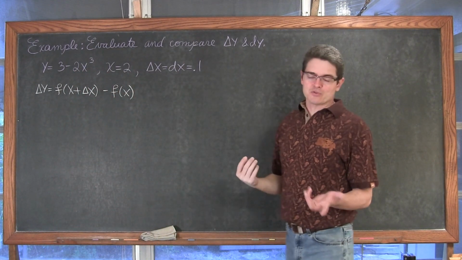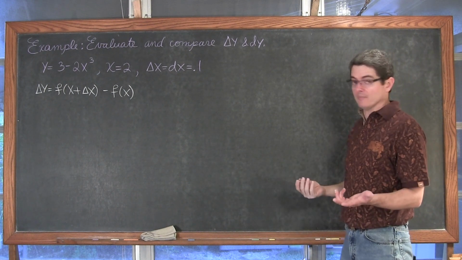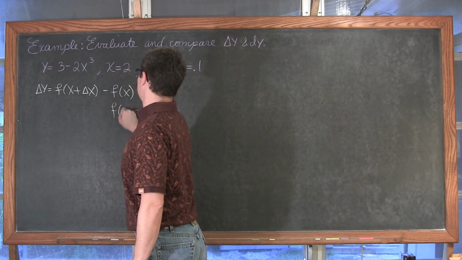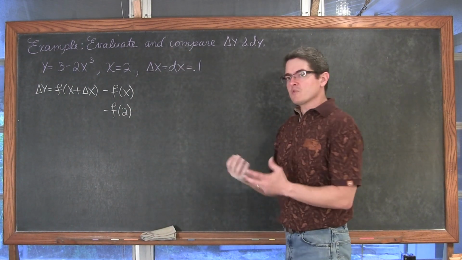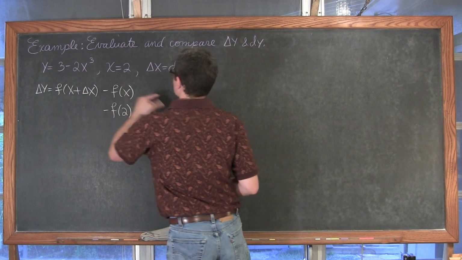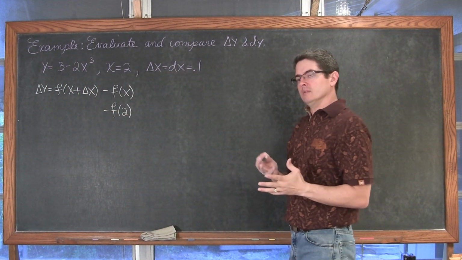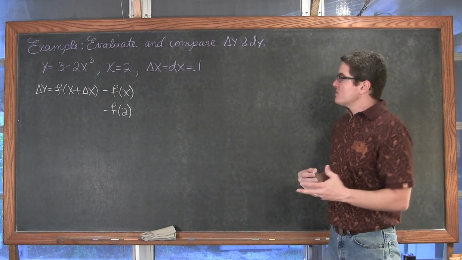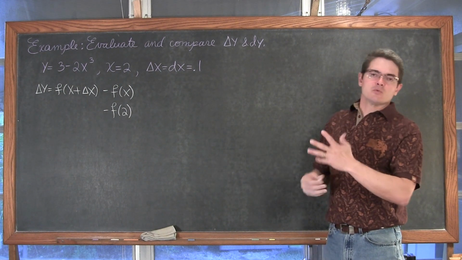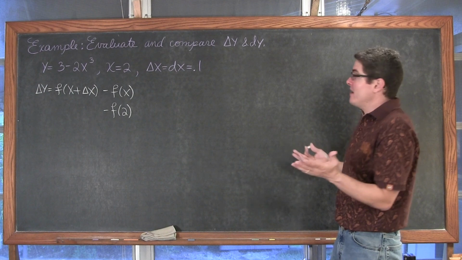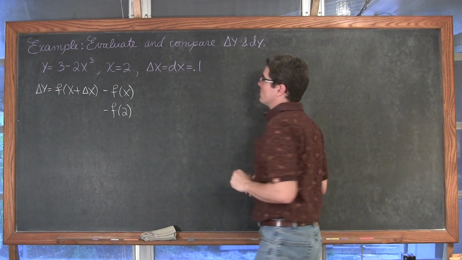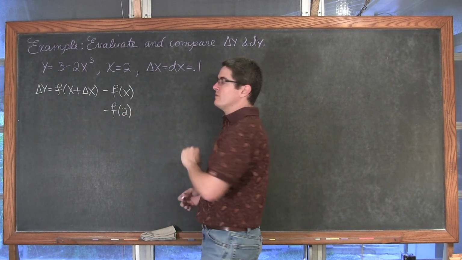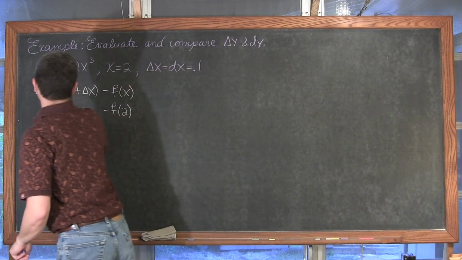I mean, we're finding the actual change in y, right? So we're just finding the two y values and subtracting them. Our x value given is 2, so we're going to find f of 2, and we're going to subtract that from f of x plus delta x. Well, our delta x is 0.1. Like I said, we're getting to estimating the propagation of errors. That would be sort of like your manufacturing variability in a product that you're making. So we have this dx, or delta x. If our initial x value is 2, then we want to evaluate the function at 2 plus 0.1.